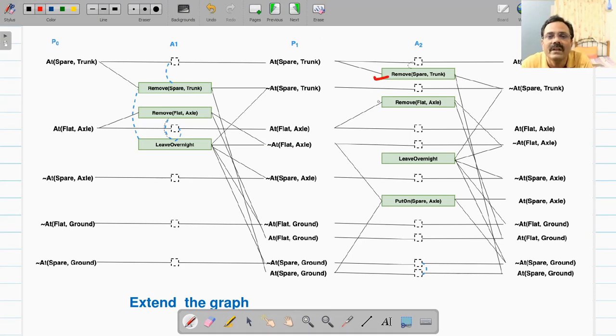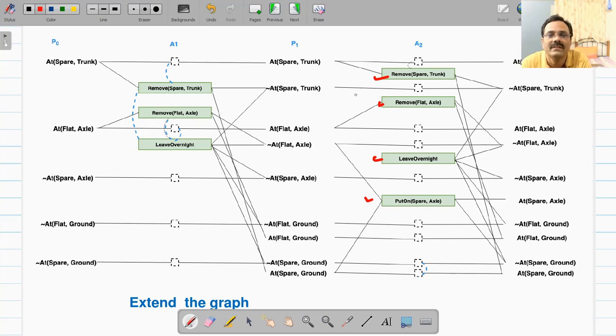Then remove flat from axle, leave overnight, it was already there. Now in addition to that we have added put on spare on axle. So this will fix your good tire, spare tire on the axle. So we have added their positive links, effects. So your diagram will look like this.